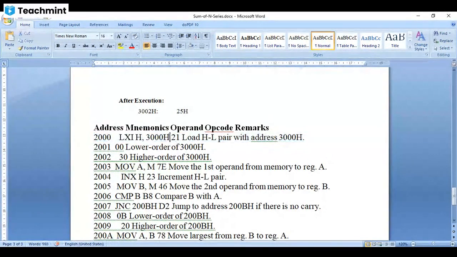So load the HL register pair with the address 3000। नेक्स्ट क्या किए हम लोगों ने, 2003,